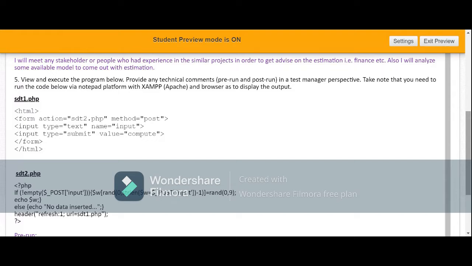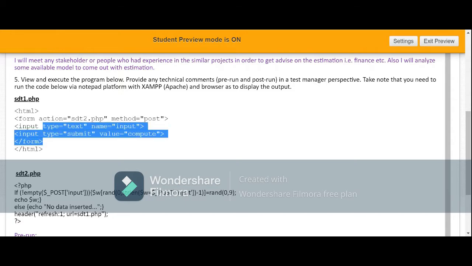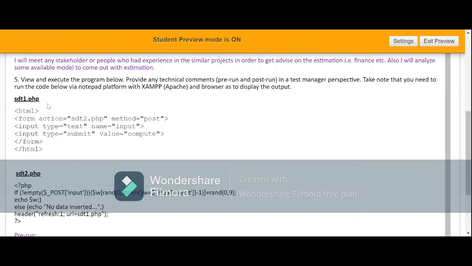And then you see there are two programs. One is sdt1.php. Another one is sdt2.php. Okay, so this is not an image, right? I can highlight. Okay, so let me explain about the codes. All right. So, like I said,